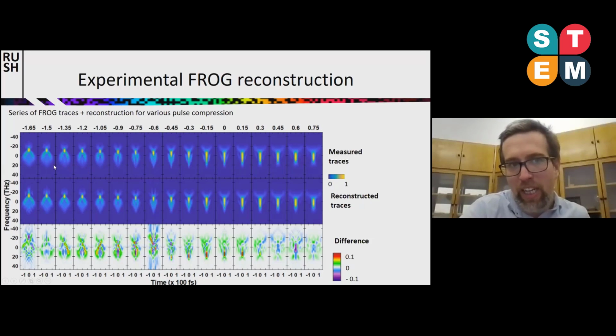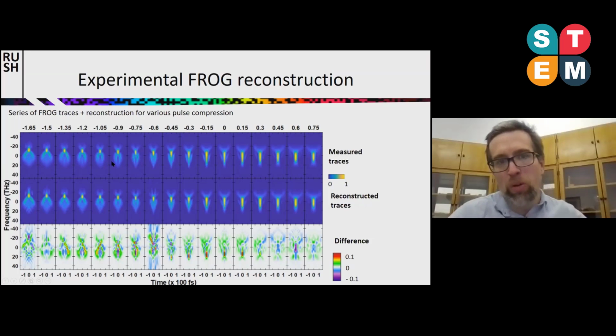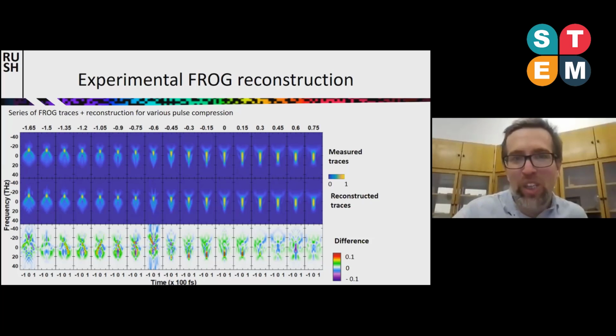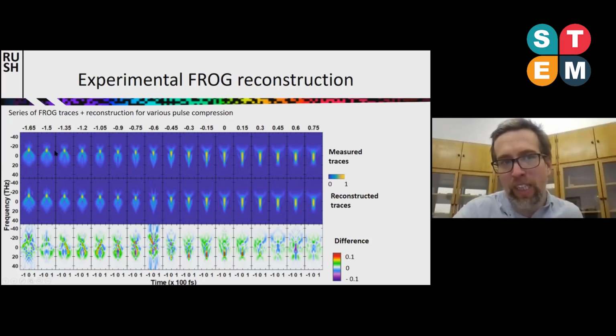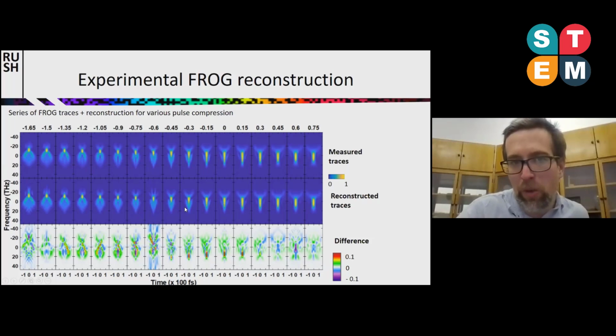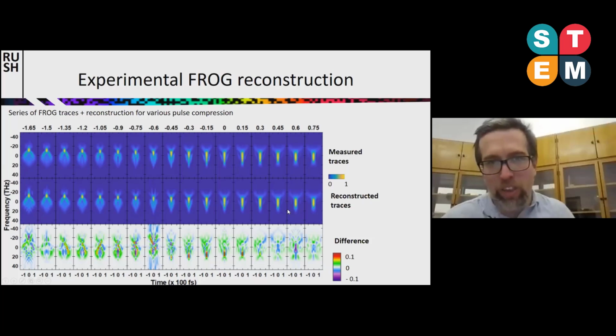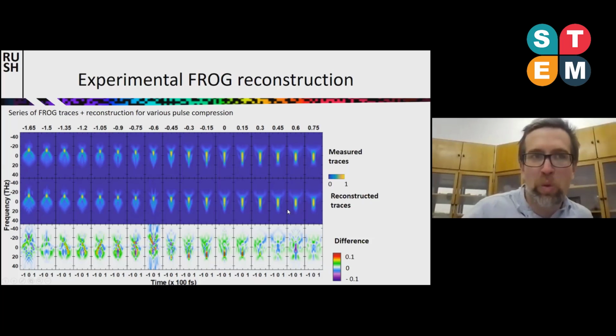So you basically take the same pulse and you compress it, or for those who don't know that much about ultrafast spectroscopy, you basically control the phase of the pulse, and you can also reconstruct the FROG trace. And we see that we can describe our pulse very well, meaning that for different realizations of our experiment, different compressions, we can measure the pulse shape very well, and all these results play together, which was really great news.